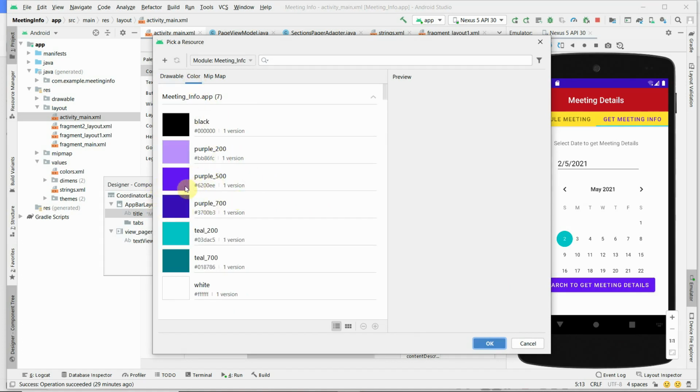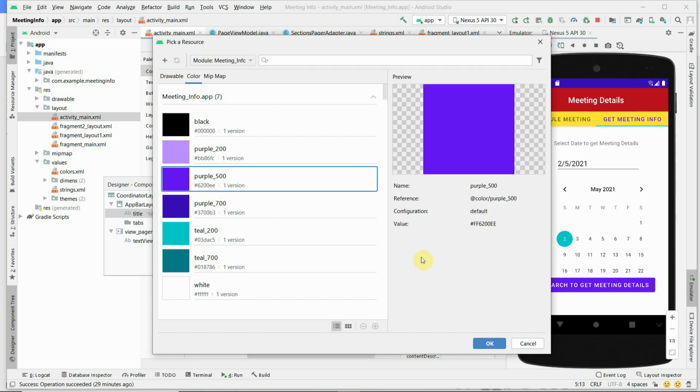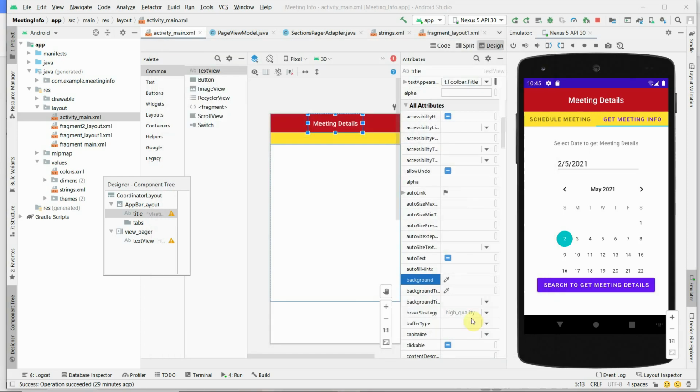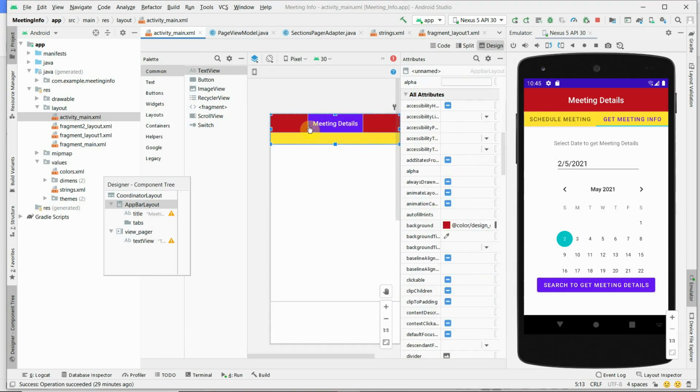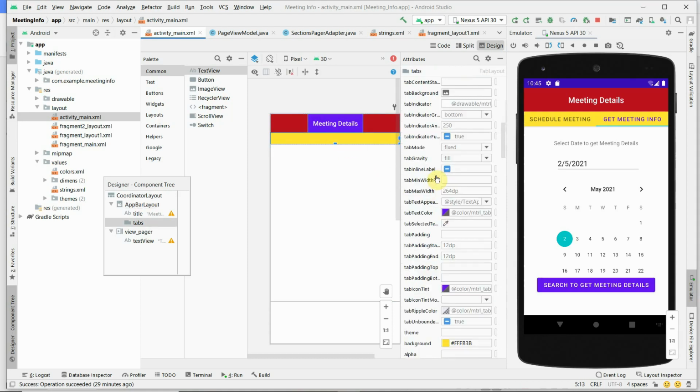It is changed to this color, and the tabs' background color you can change by using the background color property. Now during execution, how it displays schedule meeting and get meeting info, that is very interesting.